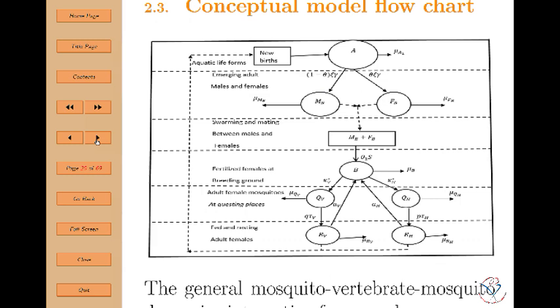And you actually see that it is divided into the aquatic stages denoted by A, and B, which we'll call B, the fertilized female, which can either go to quest in animals